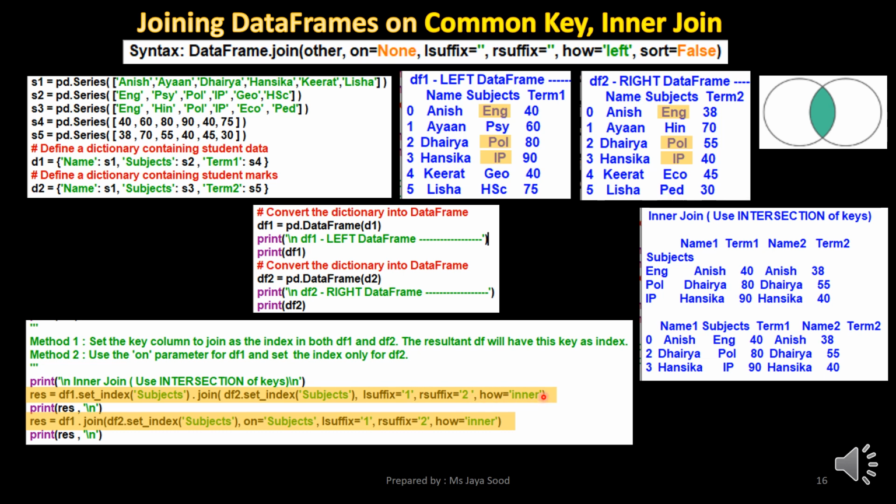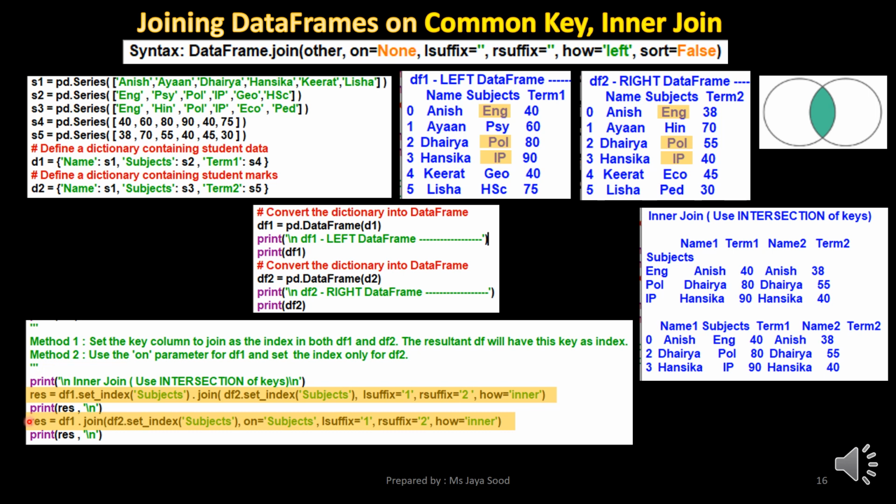An inner join will now be created, which will have only the rows with the matching subjects in both the data frames. As shown here, the overlapping column name is suffixed with 1 and 2 for the left and the right data frames. The index for the resultant data frame is the subjects column.